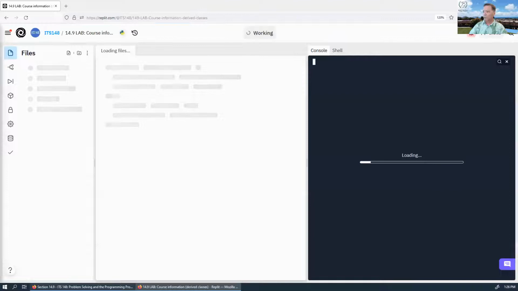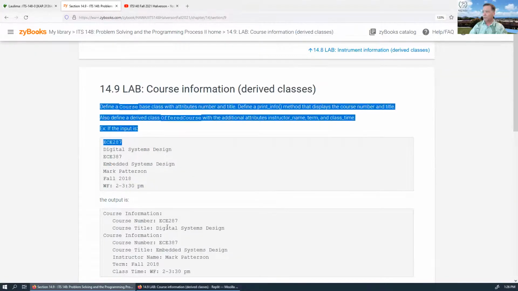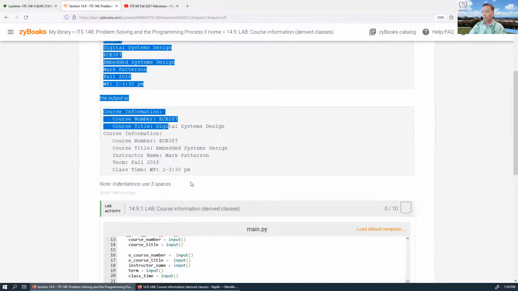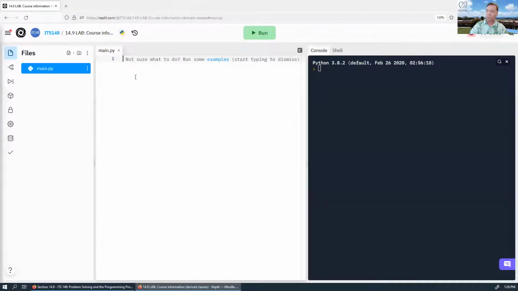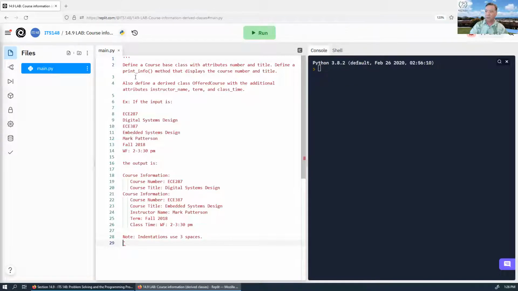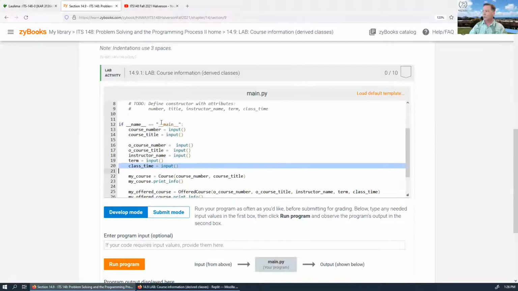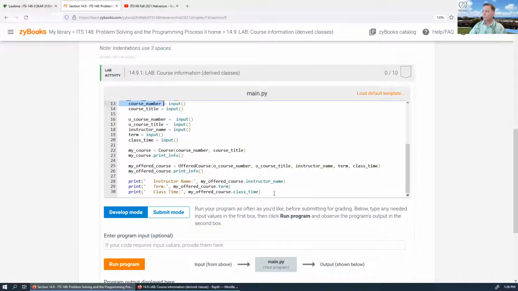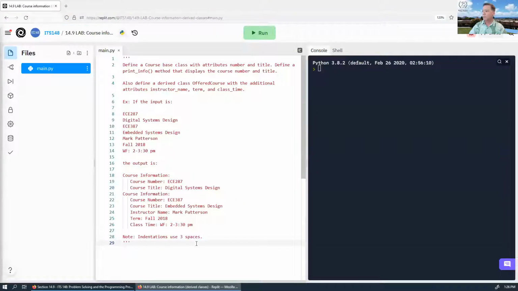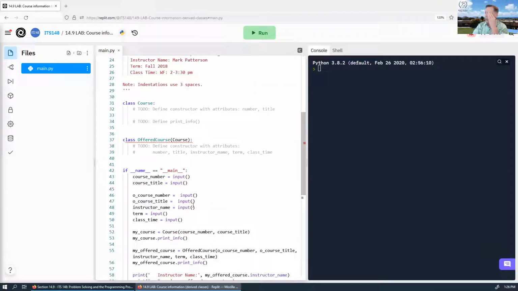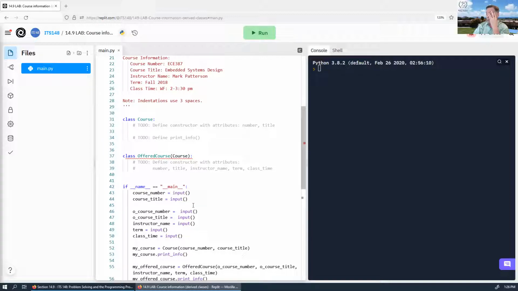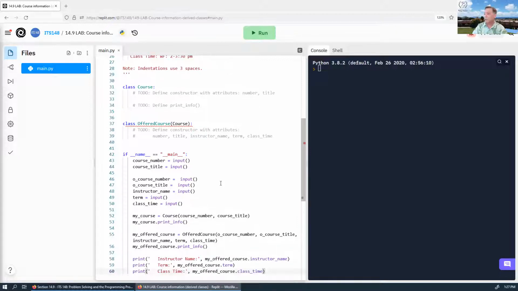And I'm going to go back over here and copy this. Copy. Okay. And then I'm going to go back over here and copy this. And so my code's going to go down here. And I have to make a course. And I have to offer, and I have to make an offered course, which has additionally some extra stuff: instructor name, term, and class time. And this prints it. It's kind of complicated. Okay, so first thing I'm going to do is make some